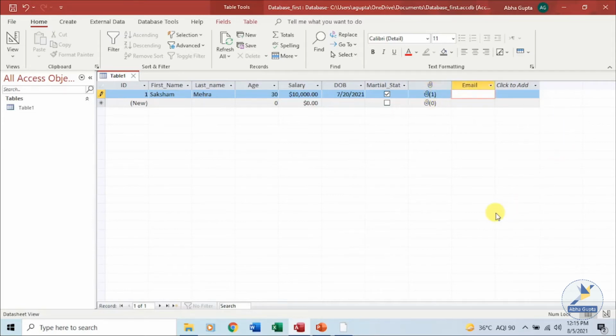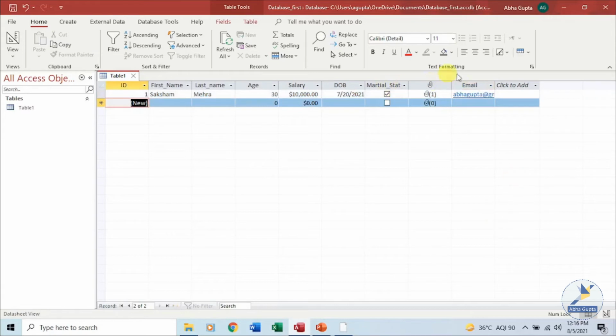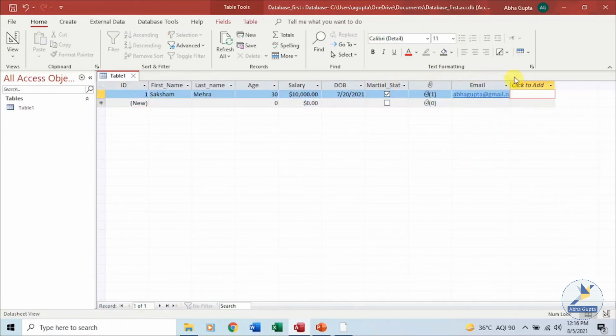If you want, you can enter an email ID also. I have a mail ID also over here. You can see, anytime you want, you can add it in a new column.